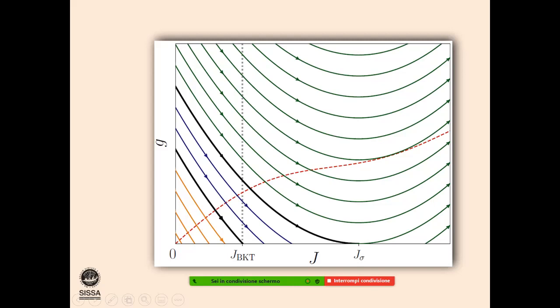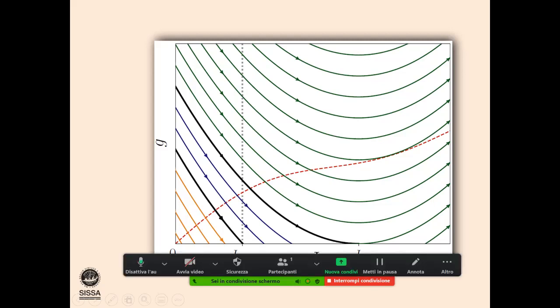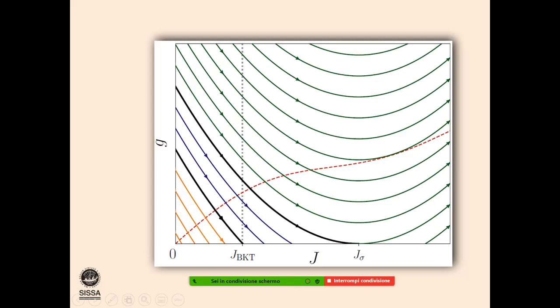Let us notice, however, that closer to the origin, the lines end up on the left of this dotted gray line. This means that when we switch on the topological perturbation, basically those points become unstable, and the flow escapes, runs out in the third direction, in the third dimension, and vortices destroy the order. Now, if we take a generic